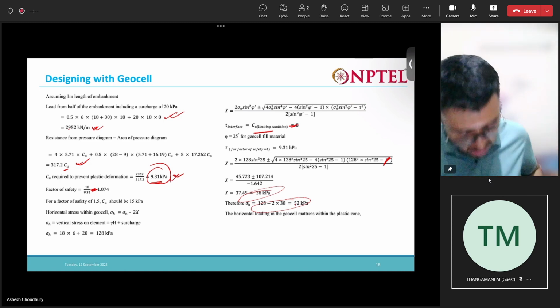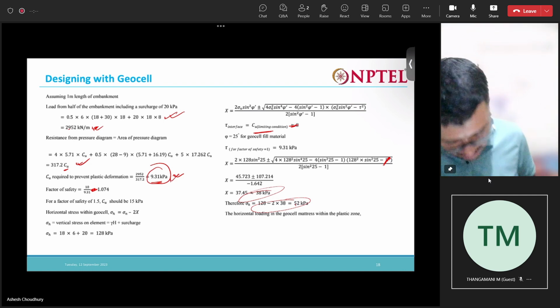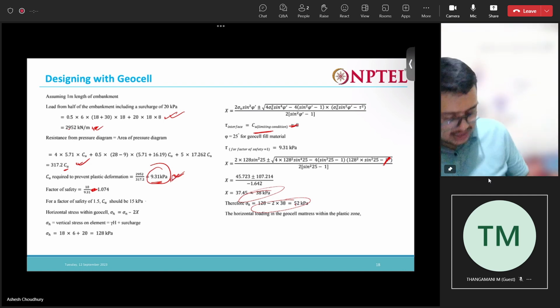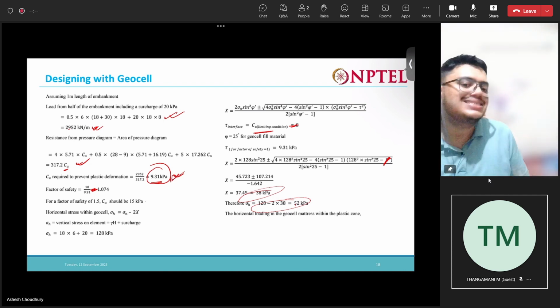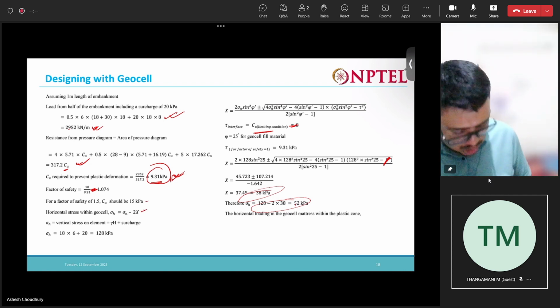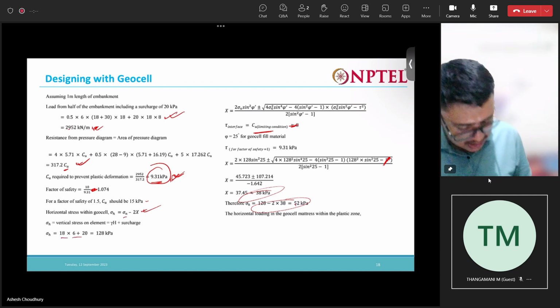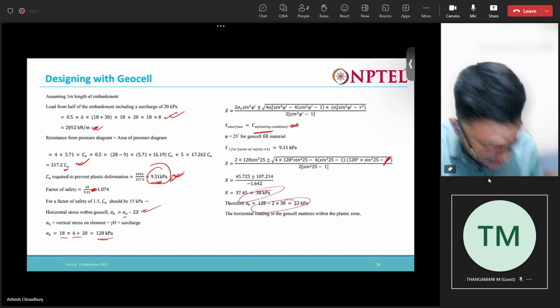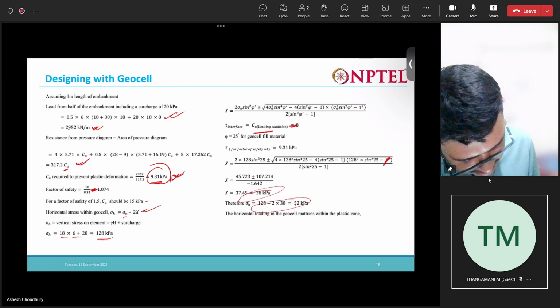So for a factor of safety of 1.5, Cu should be 15 kPa. Now our next task is to determine the horizontal stress within the geocylinder. As we discussed, this is the expression we need to use. What is the vertical stress? Gamma into h plus surcharge. So gamma into 6 is the height, and the surcharge is 128 kPa. Now you need to determine this